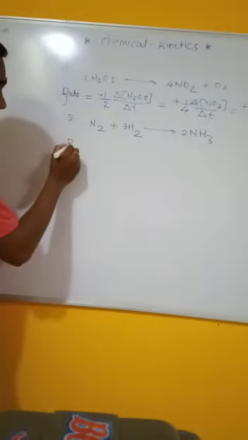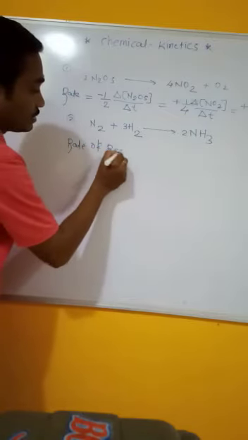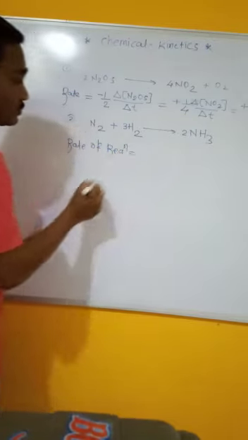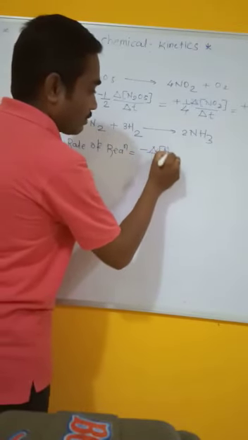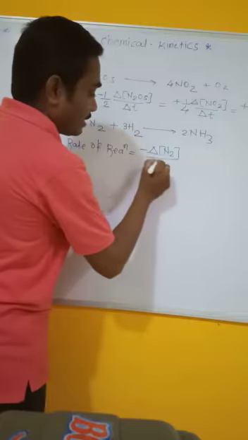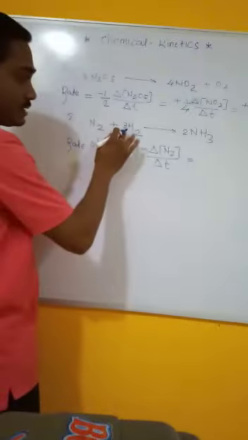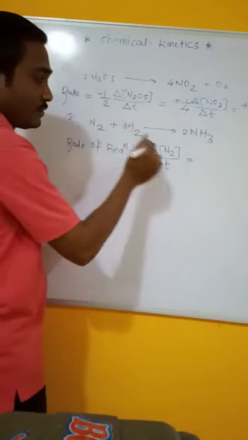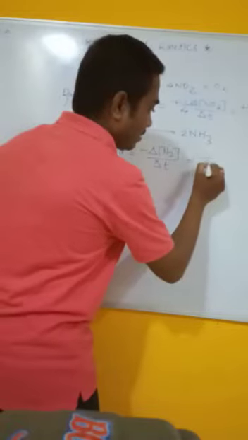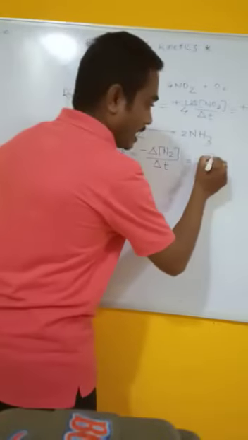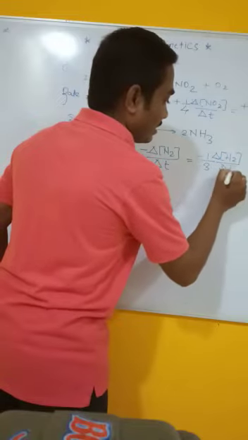Here we have to write the rate of reaction for the above reaction: the rate of reaction is equal to negative grad concentration of N2 divided by grad T is equal to, 3 is a coefficient, therefore first we have to use a negative sign, 1 by 3 grad concentration of H2 divided by grad T